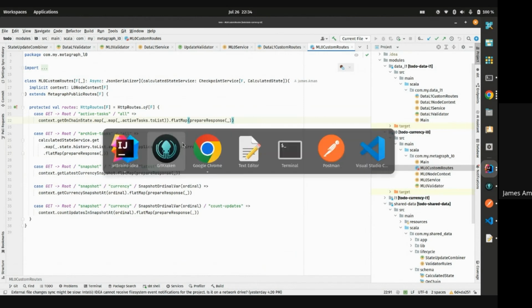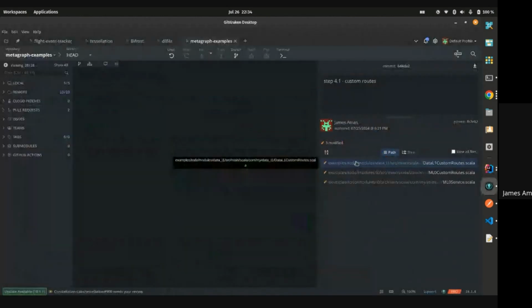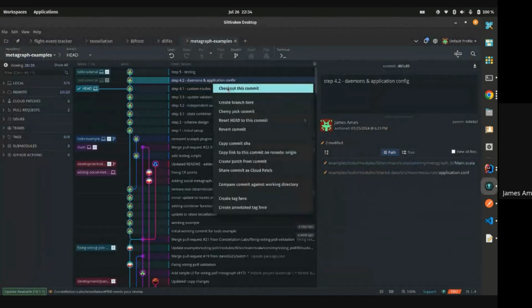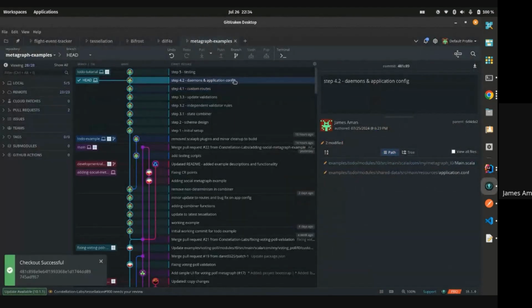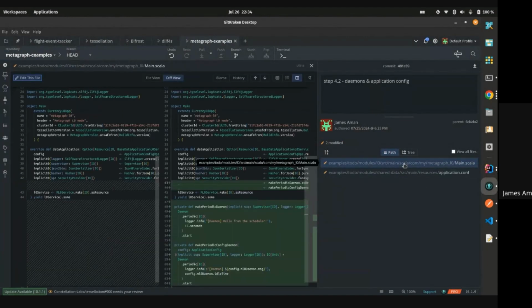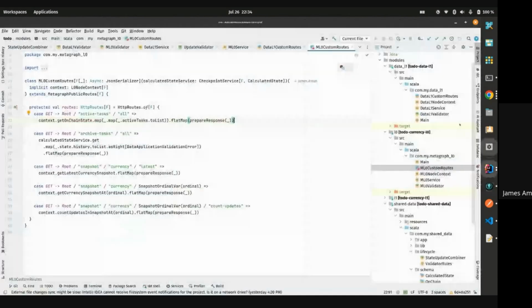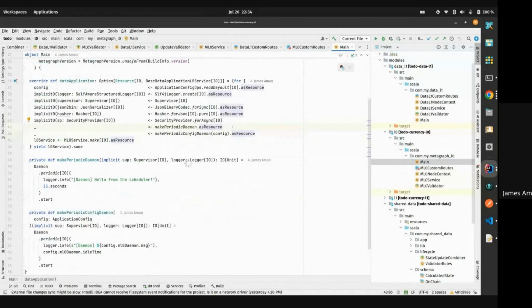Okay, and then lastly, let's go ahead and look at the daemons and application config. For the daemons, actually, it's pretty simple. We're just going to go look at the metagraph. We only have two files we're going to modify. So we see that we're just going to add into our original main function, our entry point into the application,